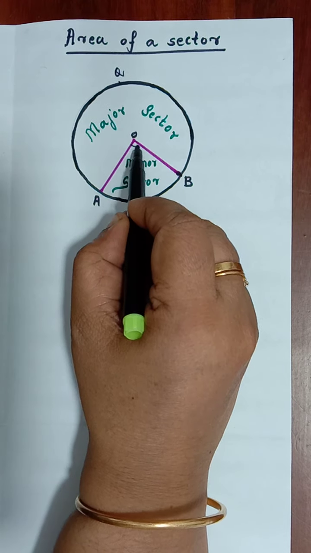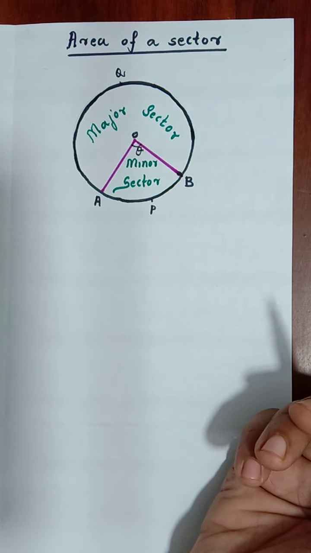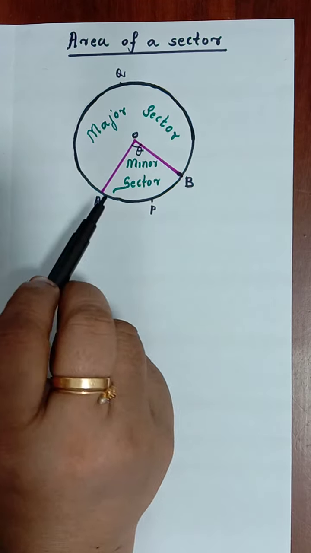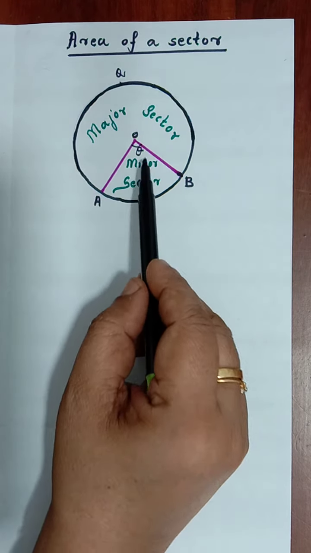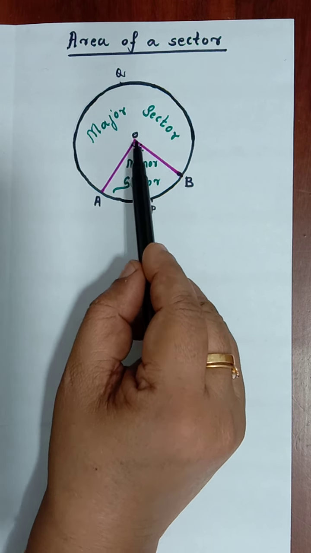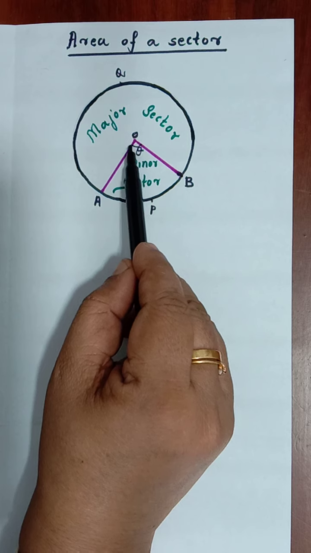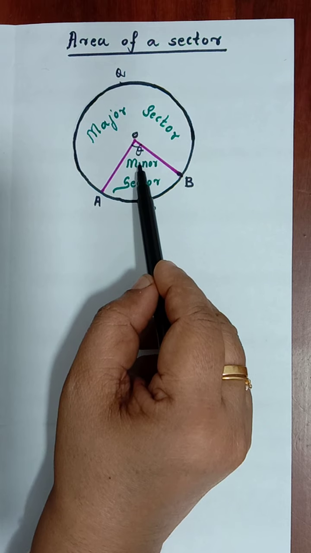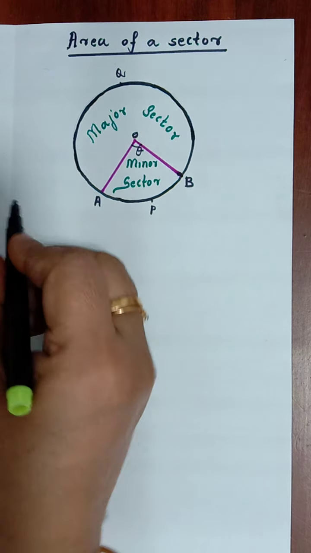Let me consider this angle as theta. So this angle given here is theta. They will be giving in the question 30 degree, 60 degree like that. We can substitute in the formula. So there is a formula to find out area, that is in relation with area of the circle. Area of this smaller part having angle theta is theta out of 360. That is angle around the center. That is 360 we know. Here we are considering theta out of 360 of pi r square. Pi r square is total area of the circle.